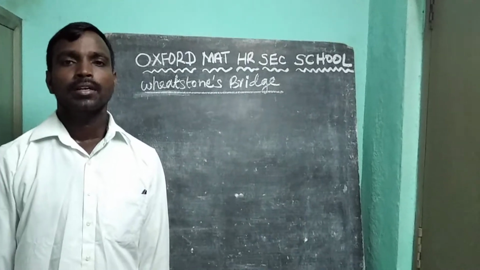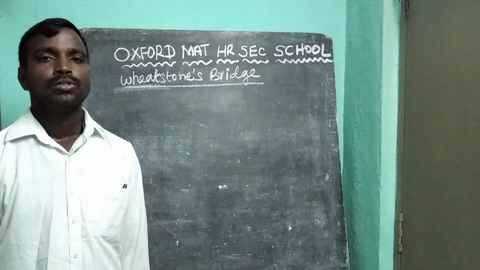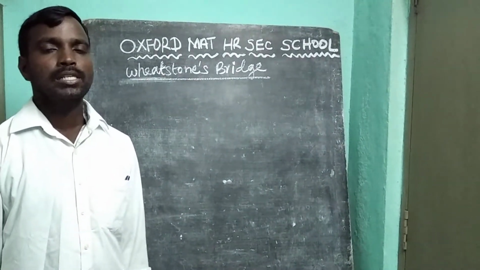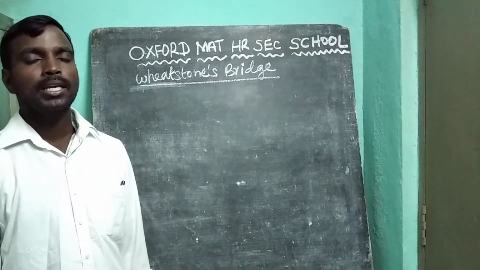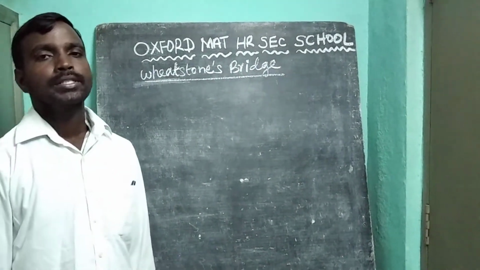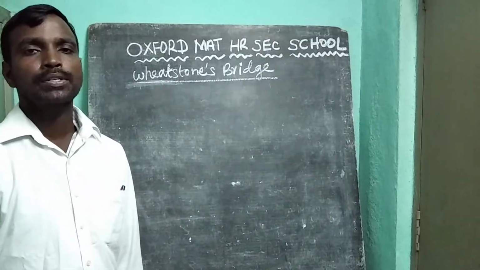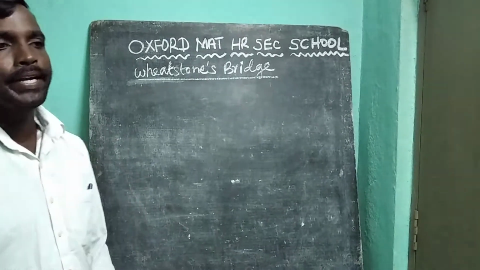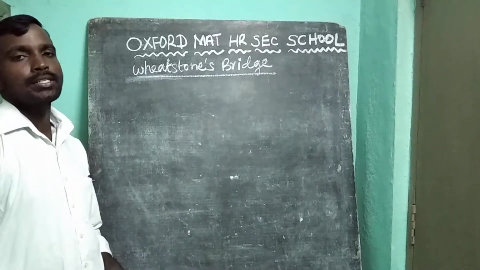Hi students, last class I taught Ohm's law and Kirchhoff's rules. With the help of Ohm's law, we find the potential difference, current, and resistance. Ohm's law is applicable only for small circuits. For complicated circuits, we use Kirchhoff's first rule and second rule. With the help of Kirchhoff's rules, we find the potential difference, current I, and resistance R.